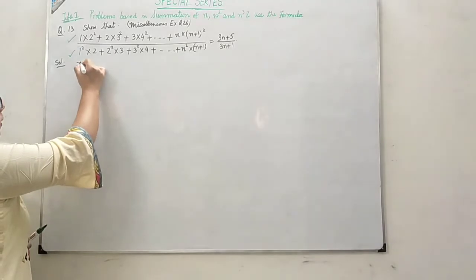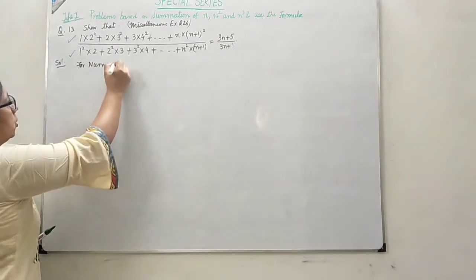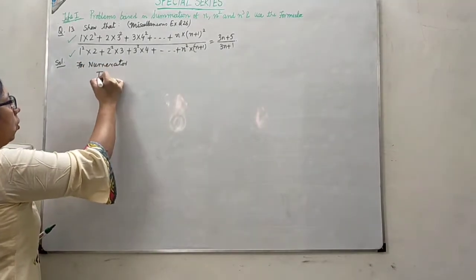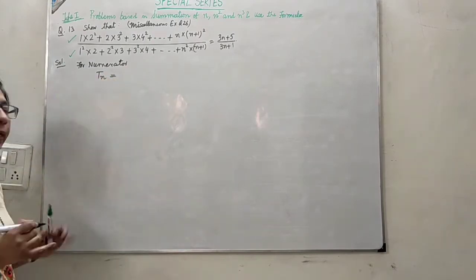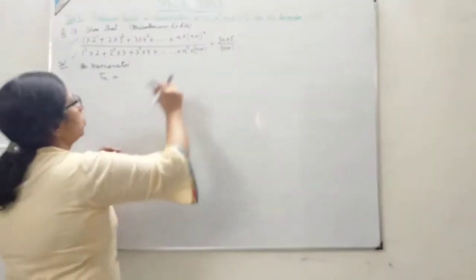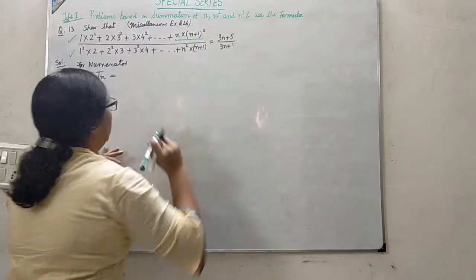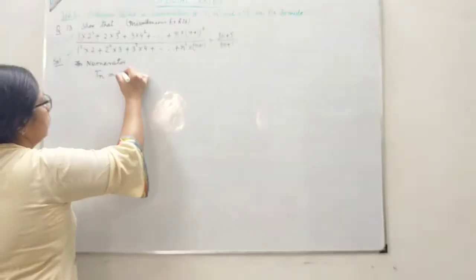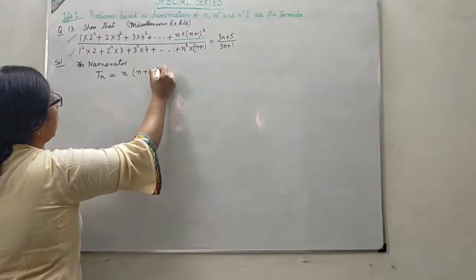Now for the numerator, if I take the general term, we can always recognize the pattern and write it verbally. And here also the nth term is already given to you. So what will we do? We'll straight away write this, or I always verify it if it is written up to n terms.